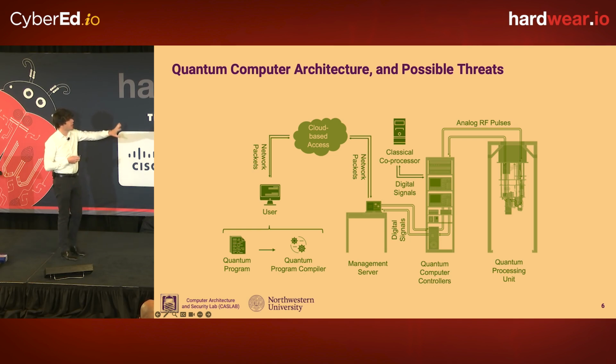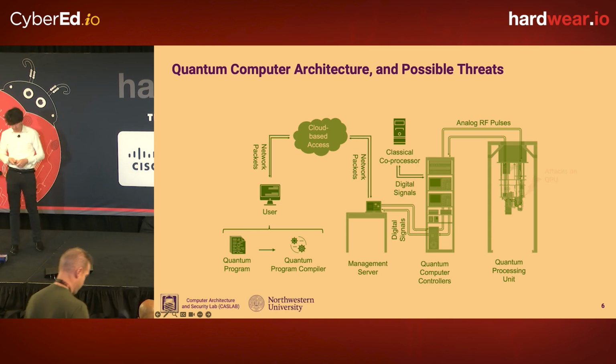Really, I think the heart of a quantum computer, which we'll not talk about today, is the quantum computer controller. There's a whole rack or sets of racks of classical signal generators, mixers, and other equipment that's actually driving the qubits via different, typically analog signals. And then if it's a cloud deployment, this connects to some management server, and then you have the users accessing these machines remotely and loading their quantum circuits.